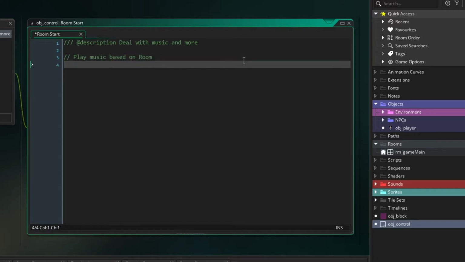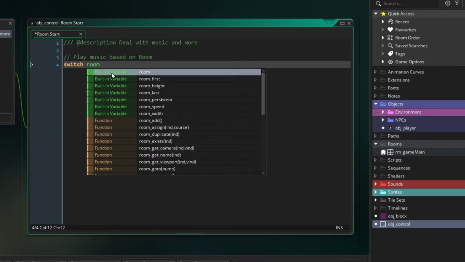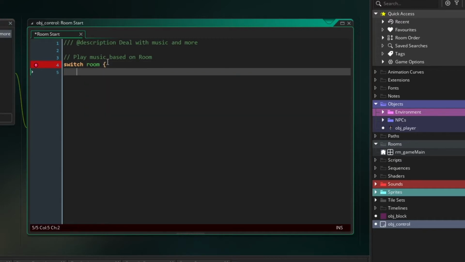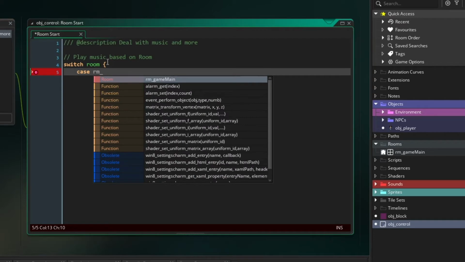And we're going to use one of those switch functions again. So mine will say switch room. You'll see room is green. It's a built-in variable. So that's something GameMaker inherently understands. Open curly brace. And we're going to put in a case. And currently we only have one room, so this should be easy. rm_, and you can see that it's auto-filling here,